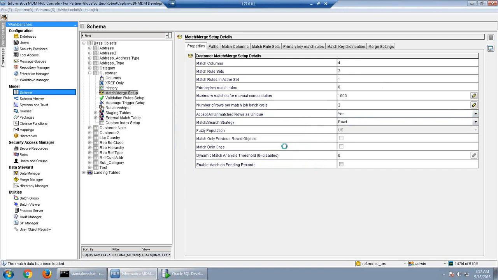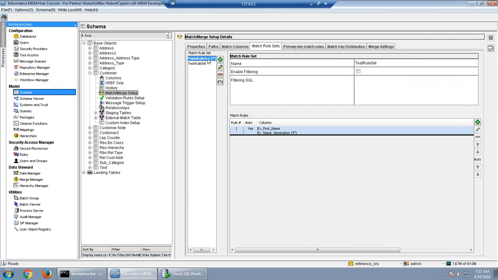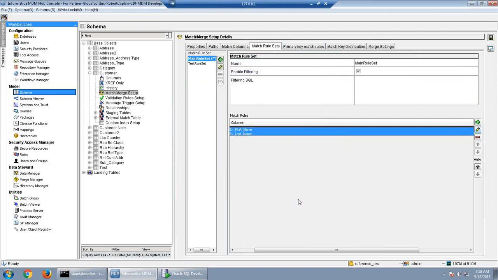So we'll change our match rules also so that it matches only one record. We'll go to the match columns and the match rule sets, and we will remove all the settings from here, last name. So it will match based on first name and last name.